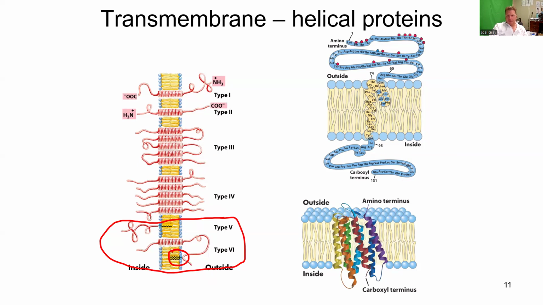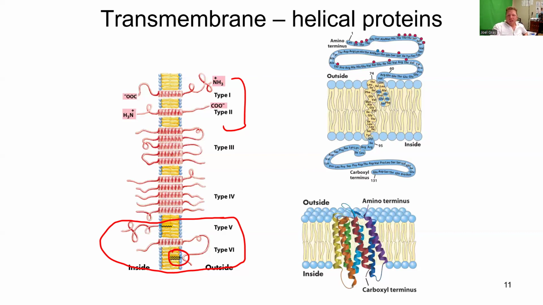So type 5 and type 6, the difference between those two is basically that type 6 has an alpha helix that is spanning a membrane, whereas type 5 doesn't have an alpha helix. Type 6 has the alpha helix and it has that lipid linkage. Our other types are really type 1 and type 2 transmembrane proteins. The only difference between them is the positioning of the N-termini. Type 1 has the N-termini on the outside of the cell,